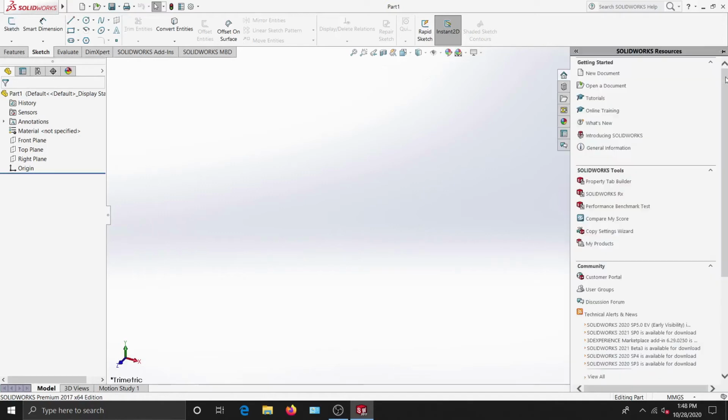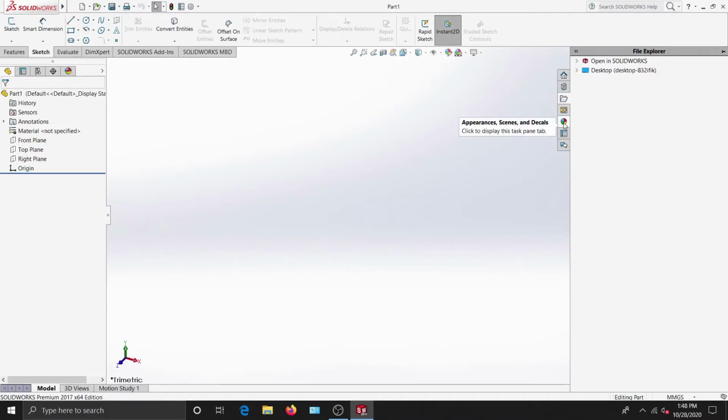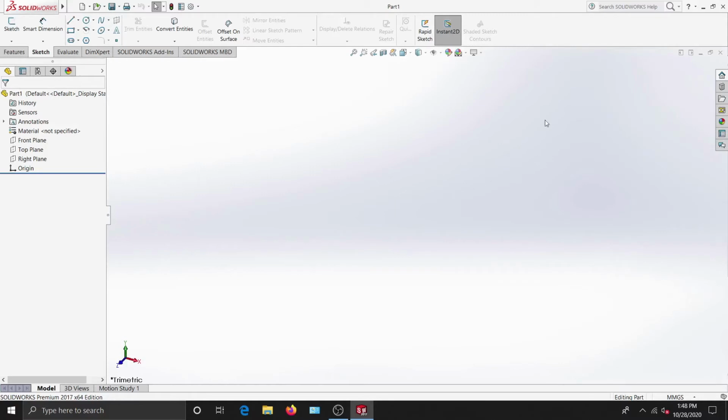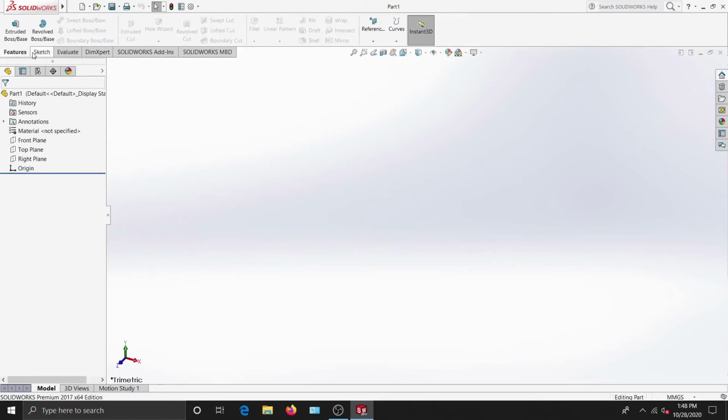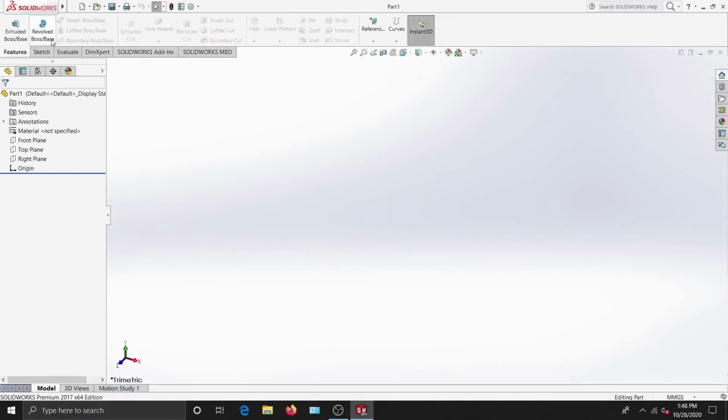As you can see, there are some options on my right hand side, but you don't have to bother with them right now, because as you are beginner, you don't have anything to do with them right now, and some of them are additional which no one actually uses. So for making your 3D model, the only two main tabs you will be using are features and sketch. So first you sketch your object, and then you use features to extrude them and make them look in 3D so you can visualize them.